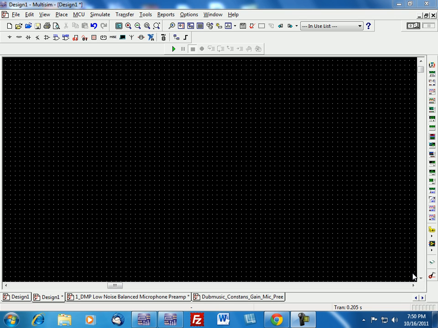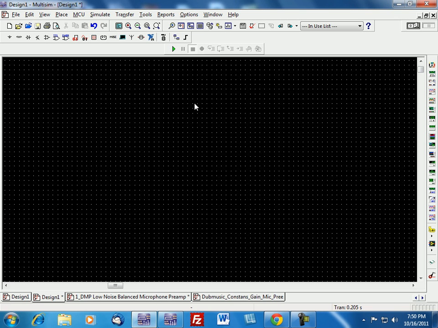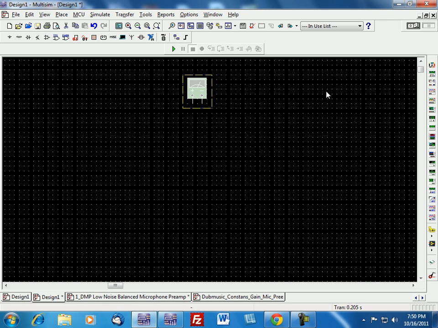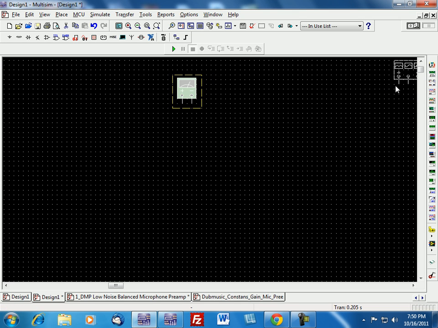Let me give you an overview of the different areas of the lab. The first section of the lab is the instrument panel. Any instrument that exists in the real world in any electronic laboratory is here within the instrument panel. The first one we have is a multimeter, a digital multimeter that is used to measure amperage, voltage, resistance, and decibels. The second instrument is a function generator used to generate